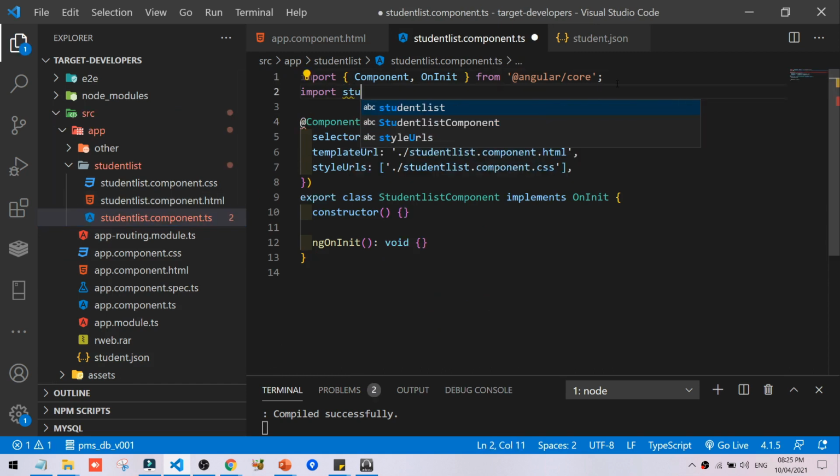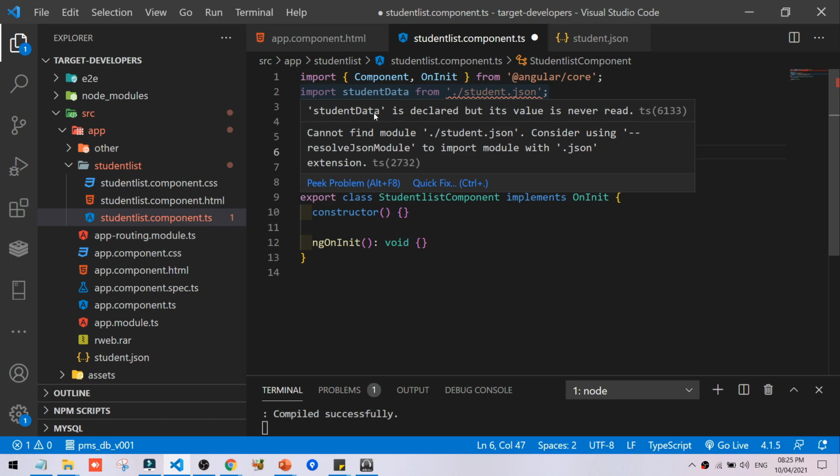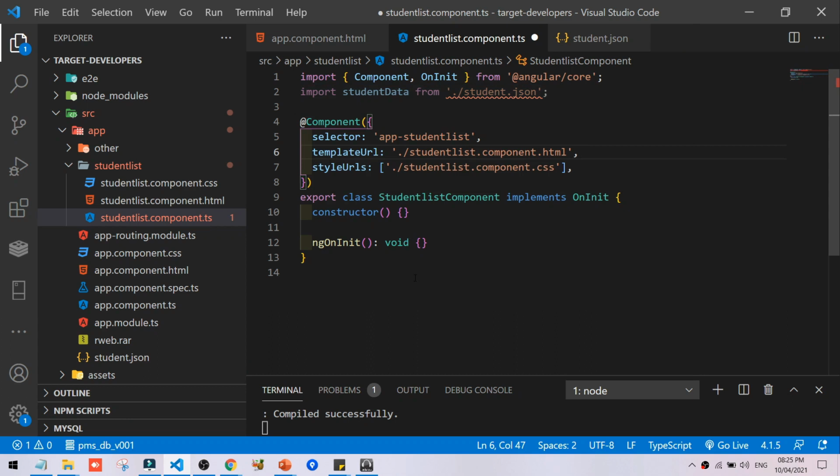We are giving the name studentData, we can give any name here, from the file student.json. So we have imported this JSON file. It is giving an error because we have not used studentData yet. It is never used, so we will use it in the lines below.